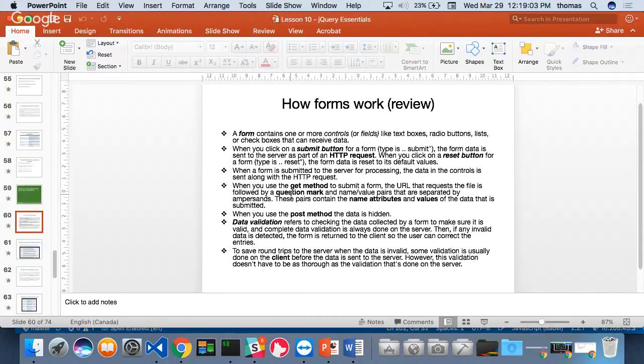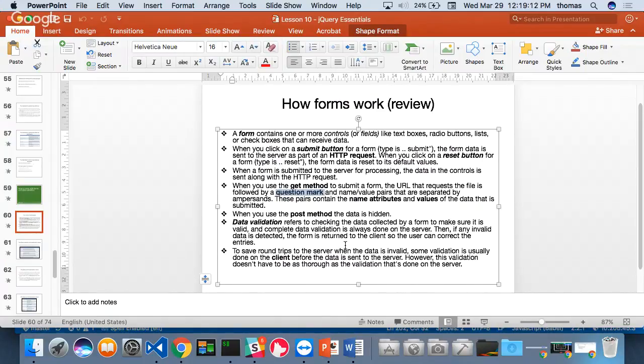Other generic information: when you use a GET method to submit a form, the URL that requests the file is followed by a question mark, right? And name-value pairs, or key-value pairs, separated by ampersands are sent along in the URL. So if I send in, for example, a question mark after my URL, and then put in something like my name is equal to, and then some kind of value, there's one part that is the name of the variable that I'm sending across to the other form, and the second part is the value that is going to be filled into that variable, right? And then if I use an ampersand, I can separate other values in there, and the way it would look like